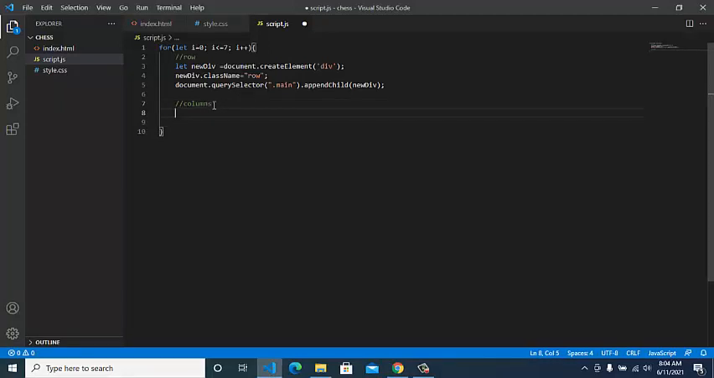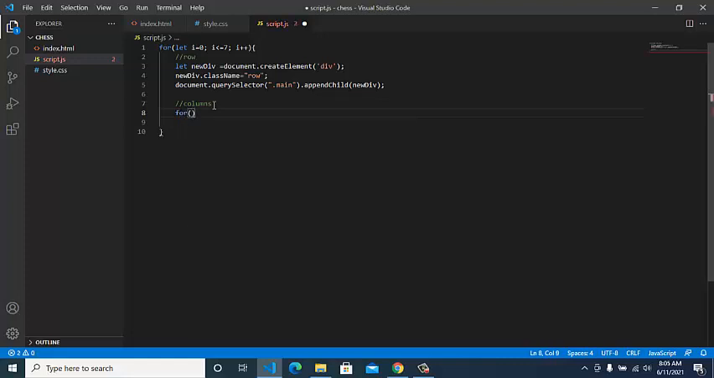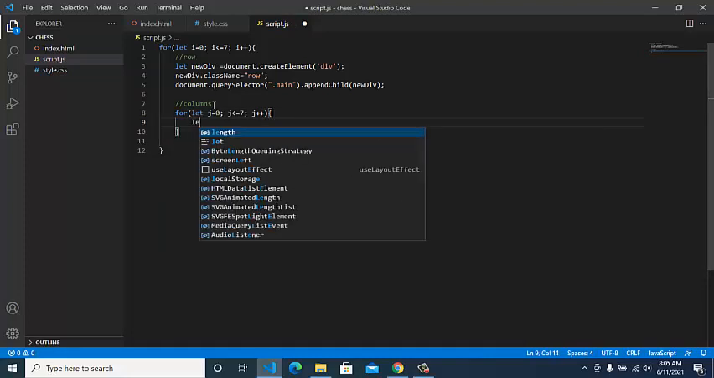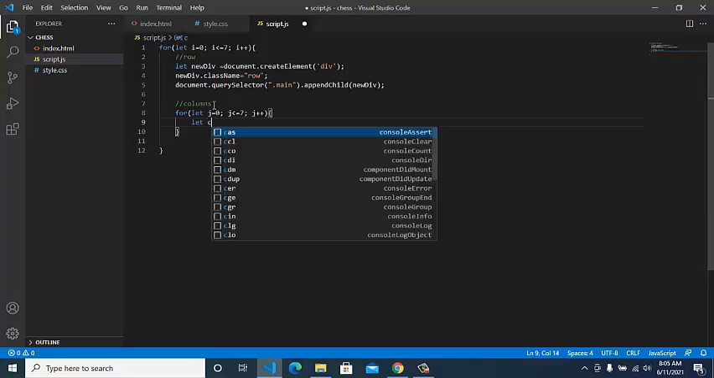we have to create this column. So we will write another for loop to create the column. Let j is equals to 0 and j should be less than or equals to 7 and j plus plus. Then we'll do the same thing as above. We'll create another variable, new, or we'll write it like child div,